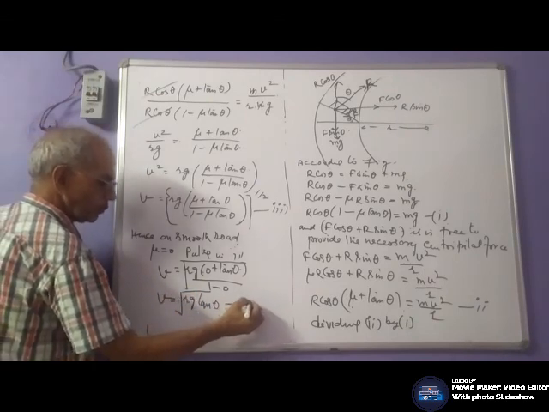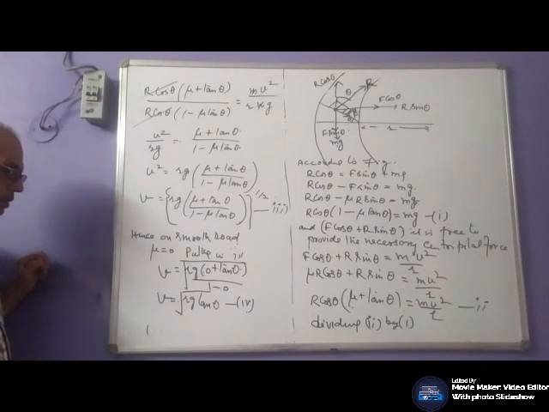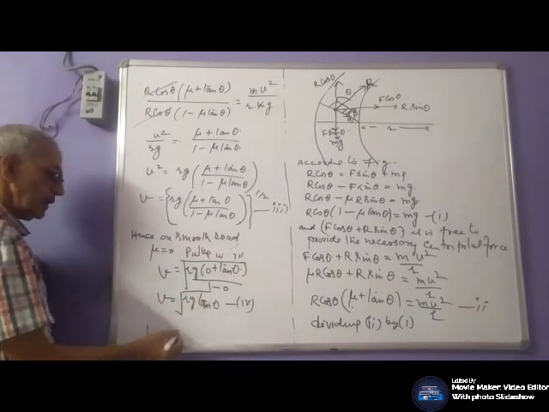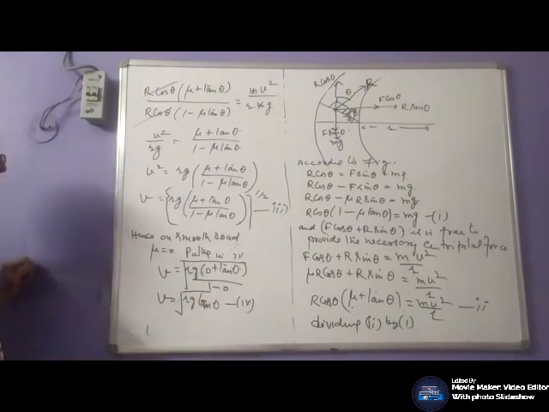Fourth, suppose the angle of banking is there, inverse